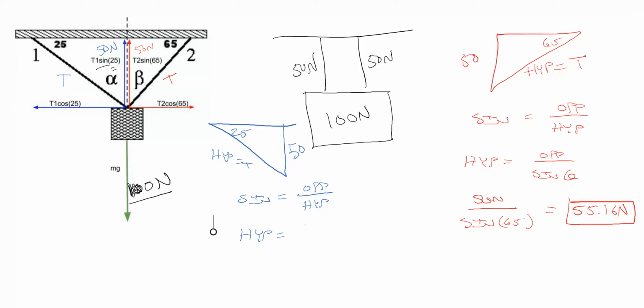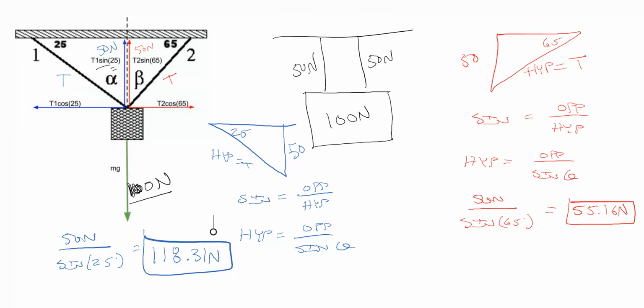Looking to solve, opposite divided by sine of theta. Now I just plug in the variables that I have. 50 newtons divided by the sine of 25 degrees gives me a total tension of 118.31